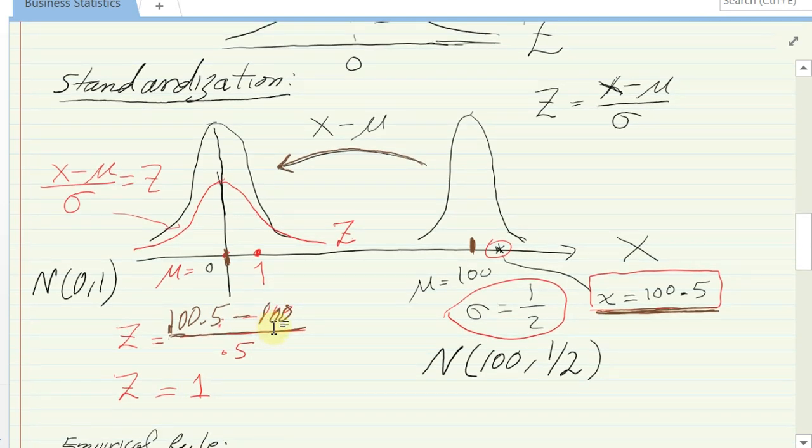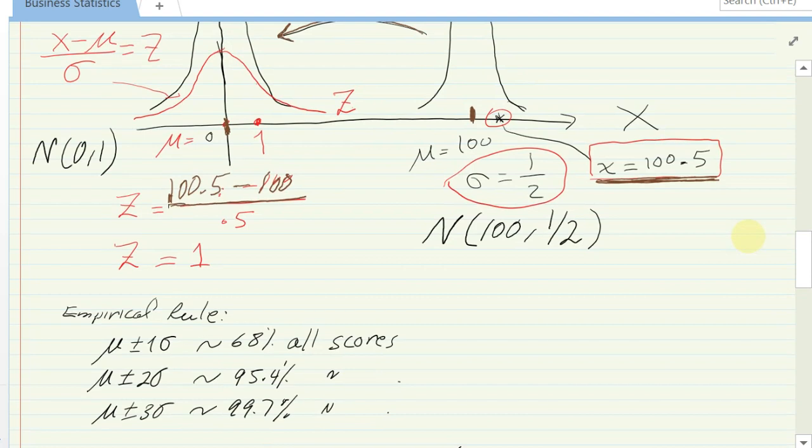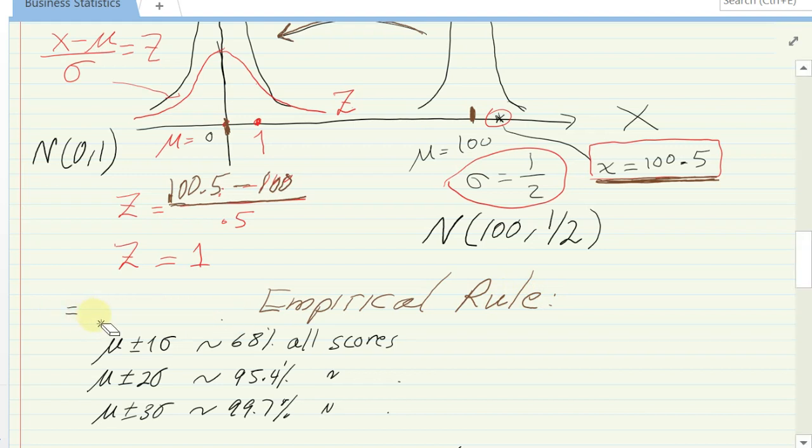So again, the reason we mention this is for those that use the table, but we don't in this course. The other interesting fact about the normal distribution is what we call the empirical rule. The word empirical means based on real data. So what this empirical rule actually says is the following: in any mound-shaped distribution, normal distribution, the interval